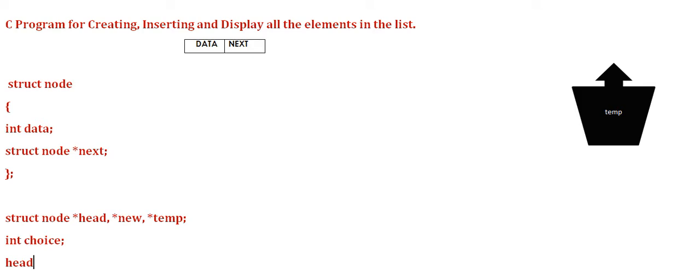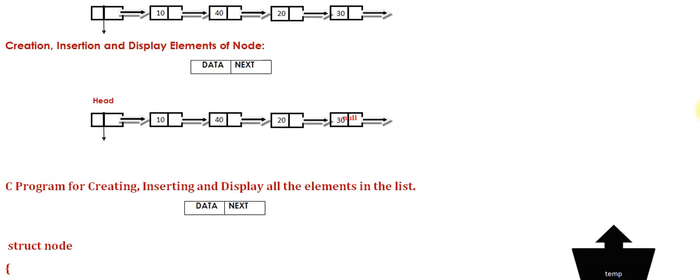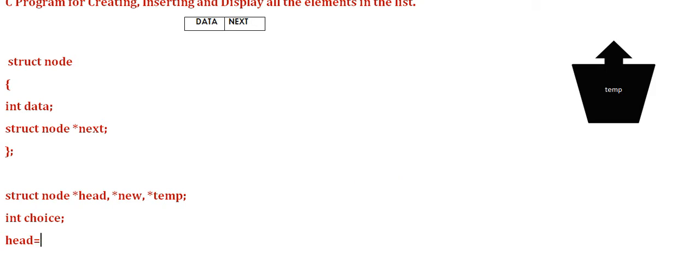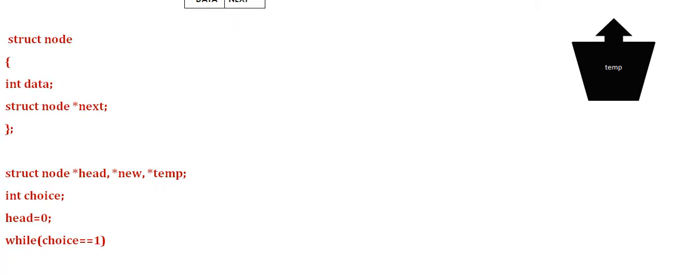Head, initially, look, initially head will not have any address, okay. So initially the head pointer doesn't have any address, it will be 0, head equal to 0. And then now I'm going to make the condition: while the choice of the user is equal to 1. If the choice is true, which is 1,